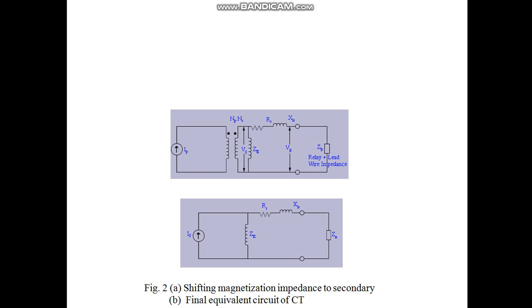Solid state and electromechanical relays worsen the current transformer performance. A current transformer is to be operated always in closed condition. If the current transformer is open circuit, all the current, that is the primary current divided by the number of turns, would flow through XM, which is shown in the figure. This is the magnetizing reactance. This will lead to the development of dangerously high levels of voltage in the secondary winding, which can even burn out your CT.